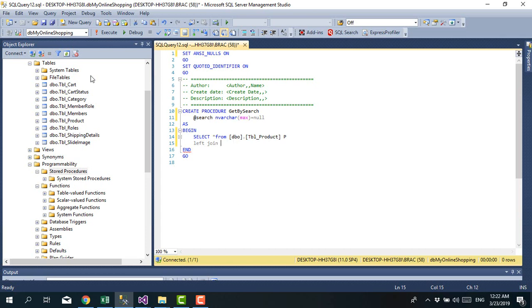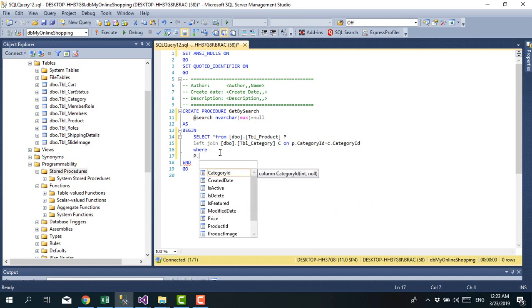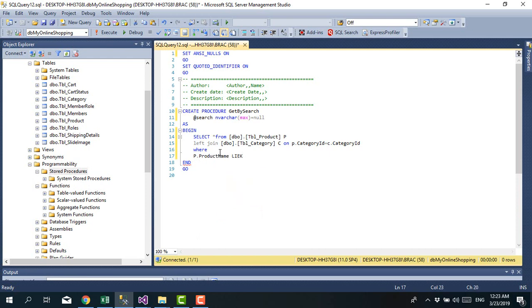So here, join C on p.category id equals c.category id, right? Then where, look here, this is nullable. So if it's null, then what will be? We will search on product name, right? Product name like